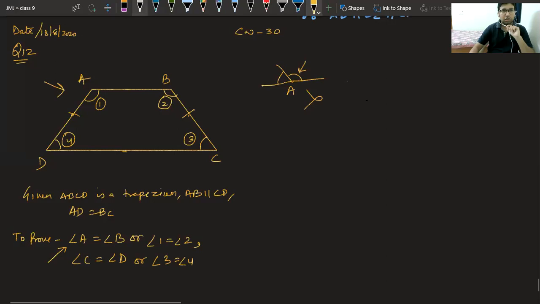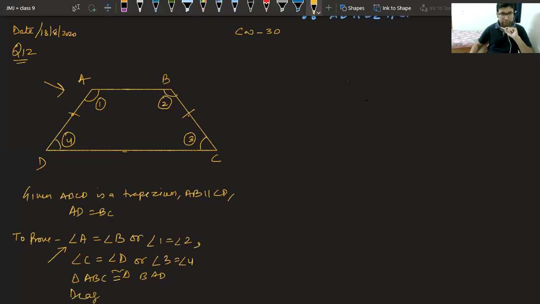Now, the third thing is we have to prove triangle ABC congruent to triangle BAD, and finally diagonal AC equal to BD. So all of you are ready? Shall I start the question now? Confirm fast. Are you able to understand what is given to you? So we all are ready with the given things. We can start the operation now.